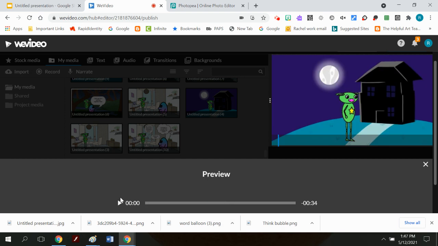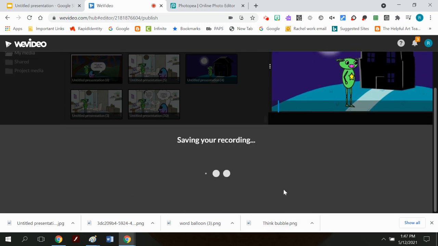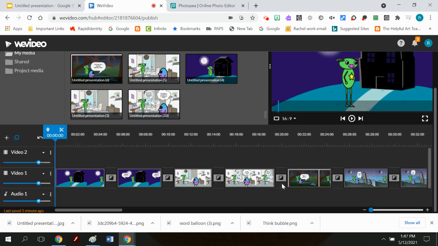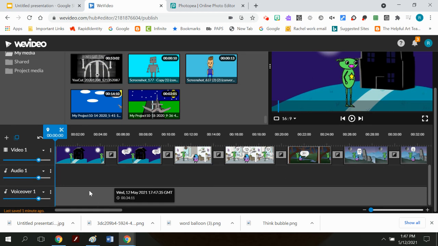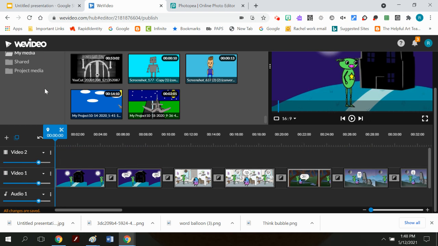And now I can preview it. Okay. And then hit save. Saving your recording. And you see the recording comes over in the voiceover track. And I can also add into the audio track